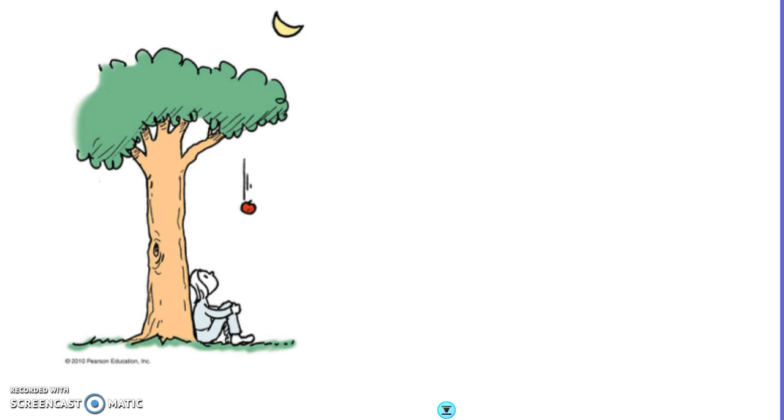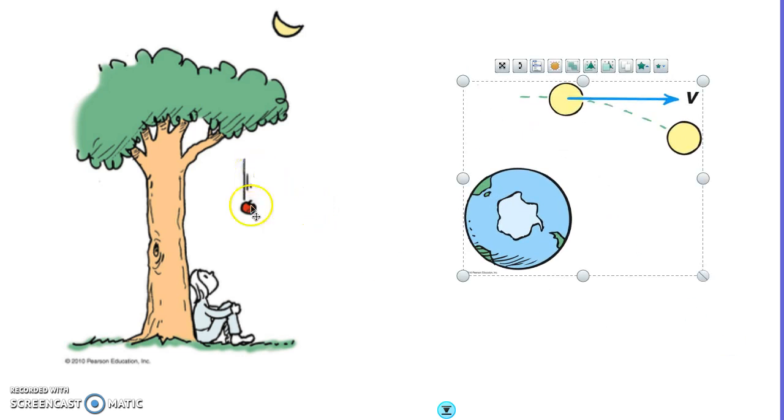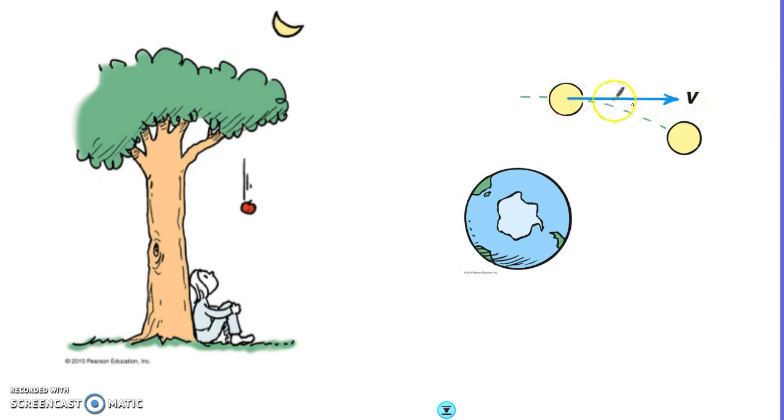And so what Newton was wondering was, what if the moon was being affected by the same force that caused the apple to fall down and hit him? For example, the inertia of the moon, if it's moving this direction, should just continue to move that direction in a straight line. But Newton said, what if the Earth were exerting a force on it, like this direction? And because of this force, it ends up going in between these two forces. The net force ends up being somewhere in between, which causes it to be a curved line